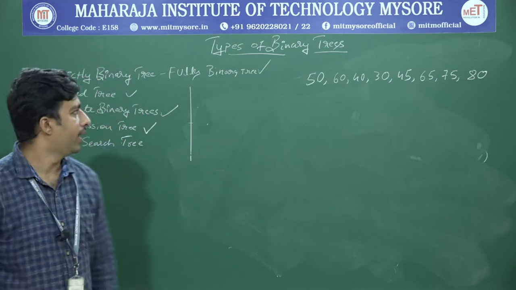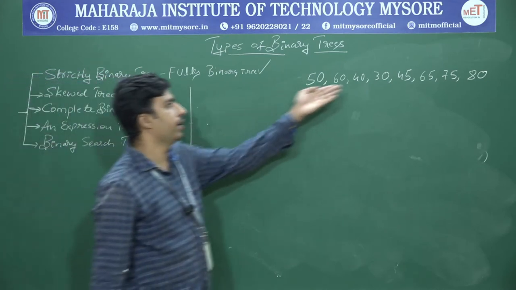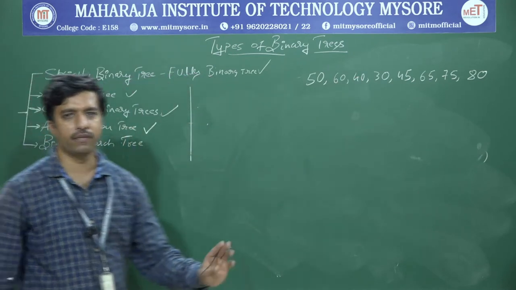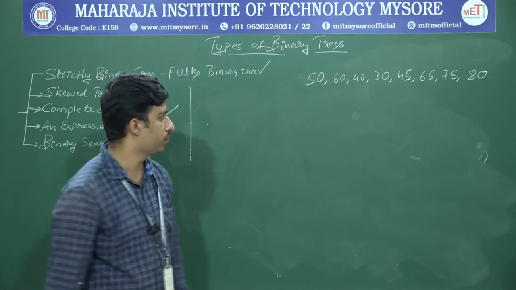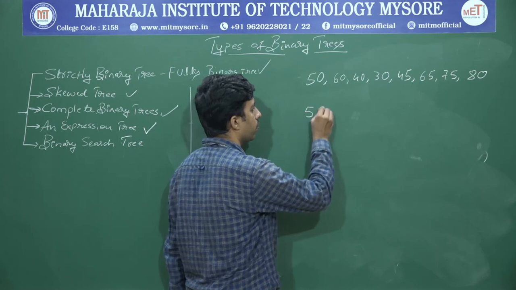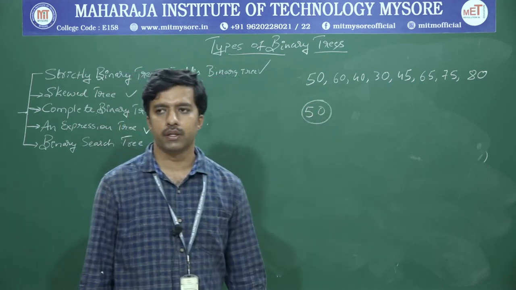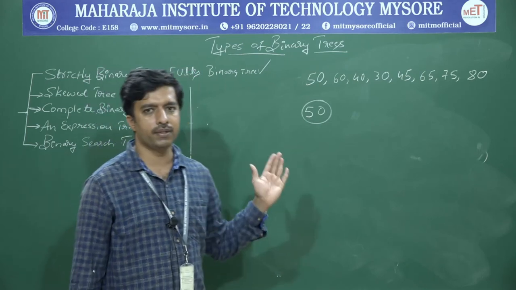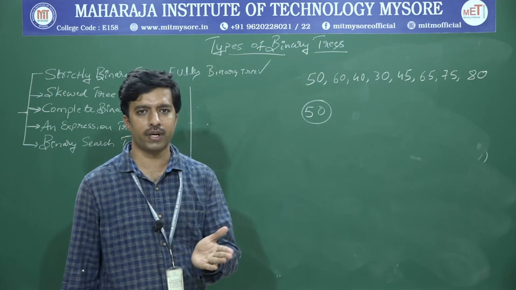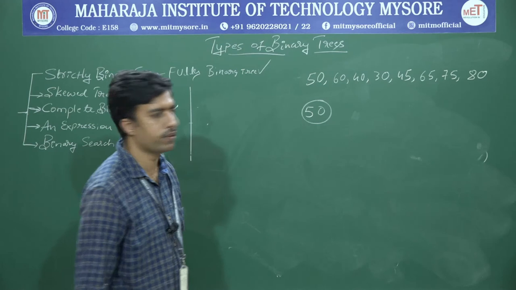Say these are my elements. Represent these elements inside the binary search tree, that is, insert the values into the binary search tree. Before that, I take the first element as the root node. The elements that come after this: if an element is greater than the root node, it goes towards the right. If it is less than the root node, it goes towards the left of the tree.